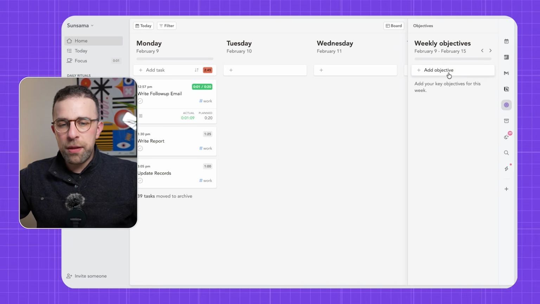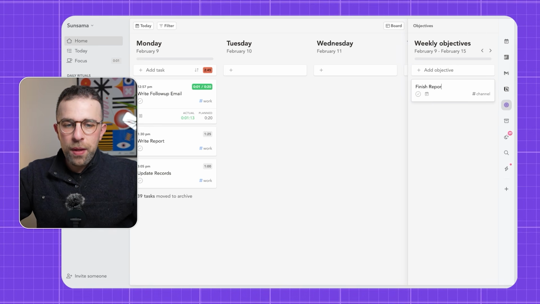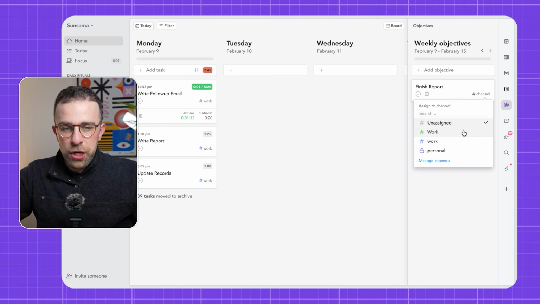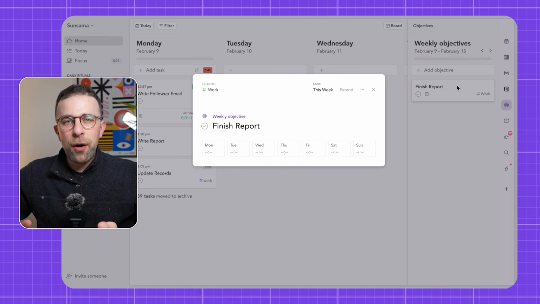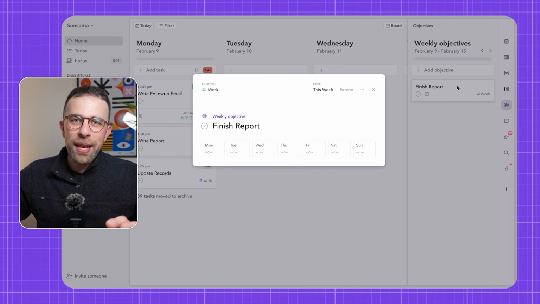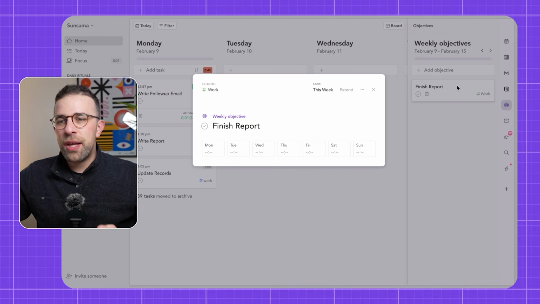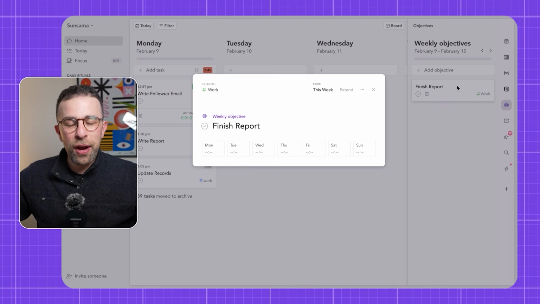So you can add an objective in here, for example, finish report, and you can add it to a particular channel as well. The reason why this is helpful is that it is your goal for the week. There are loads of small things that add up to this and may be considered subtasks, but there are loads of things that are just going to crop up during the week that will distract you from actually